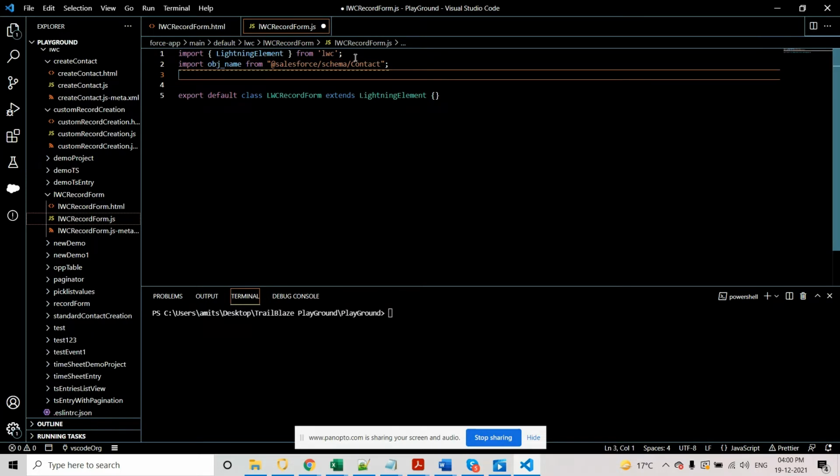And we are going to use only two fields, which are the first name and last name.